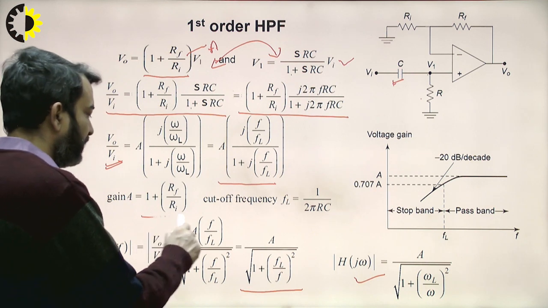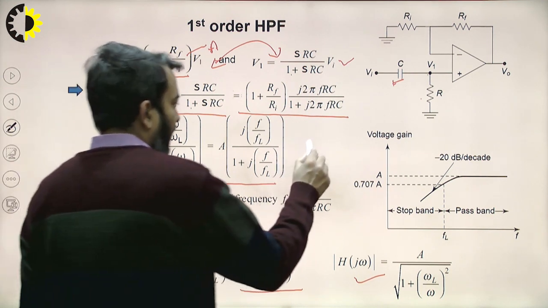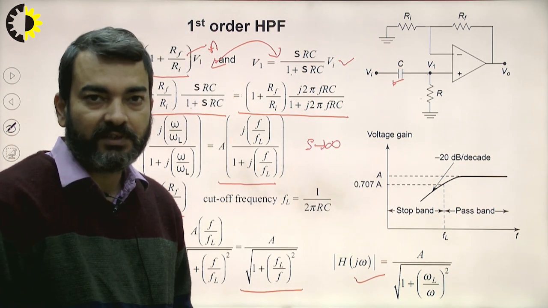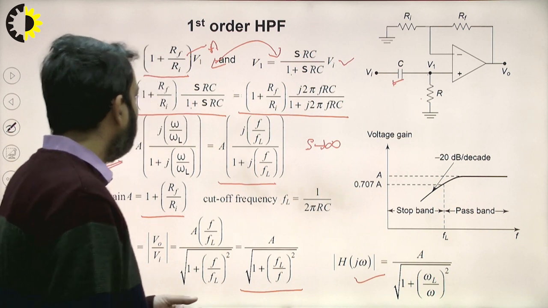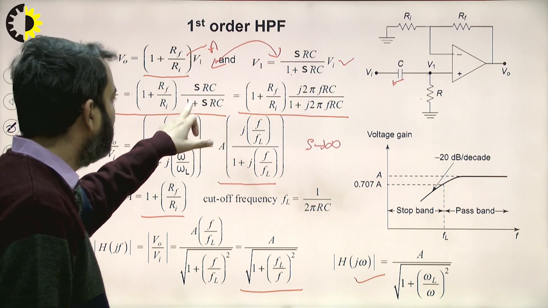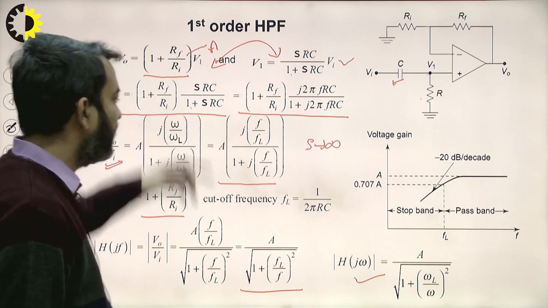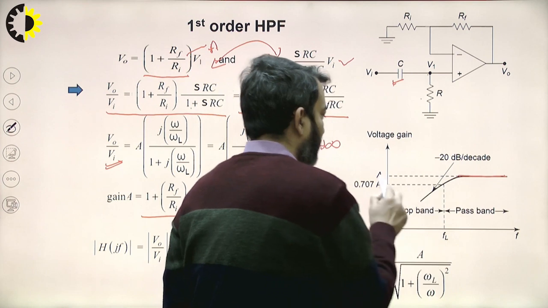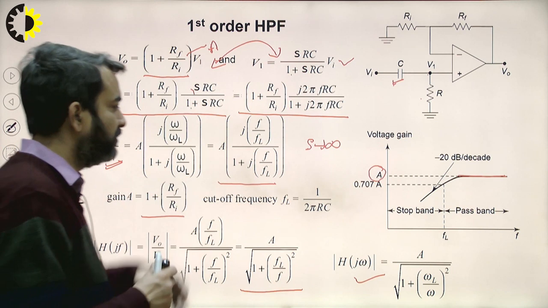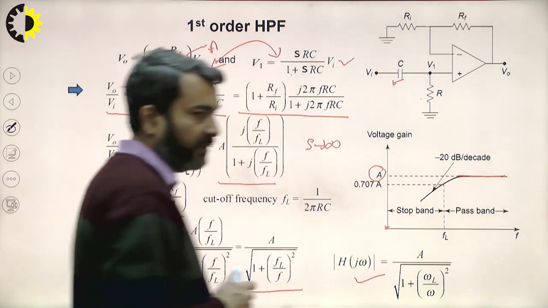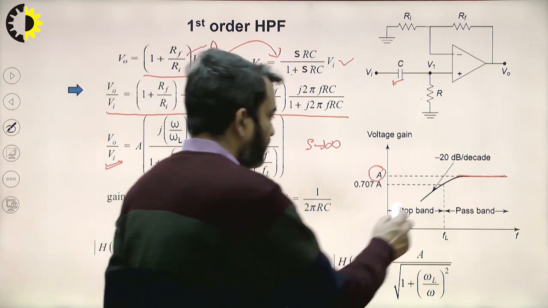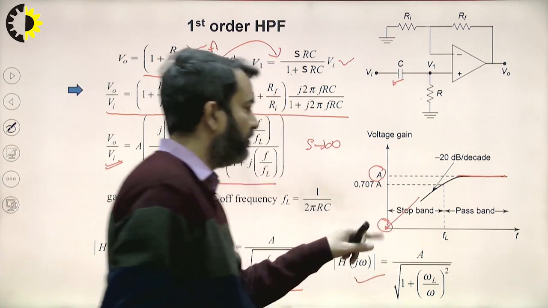Again, this is the gain. Again, we can check at s tending to infinity. Since this is a high pass response, we will need a constant gain. So if we put s tending to infinity, by using the rules of limit, we will get gain as 1 plus Rf by R1. So at higher frequencies, gain is A. And if we put s tending to 0, meaning DC gain, we can see this will be simply 0, which is desired. Gain is 0 at this point.